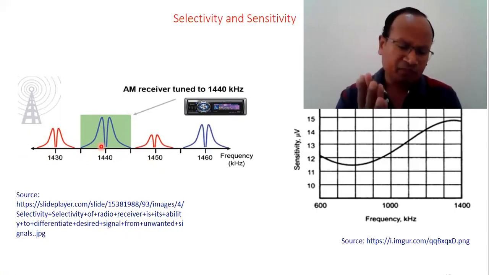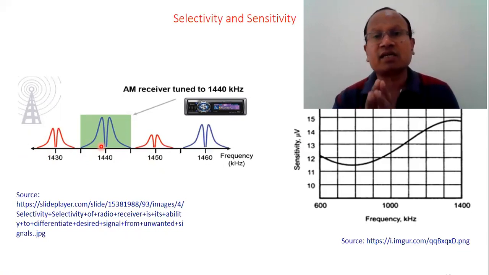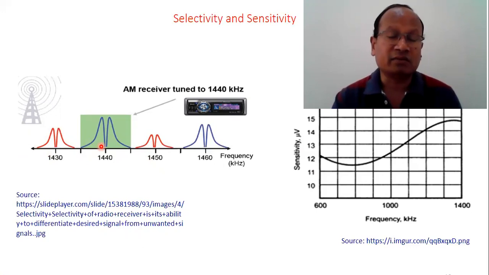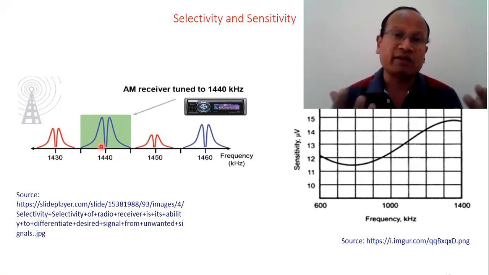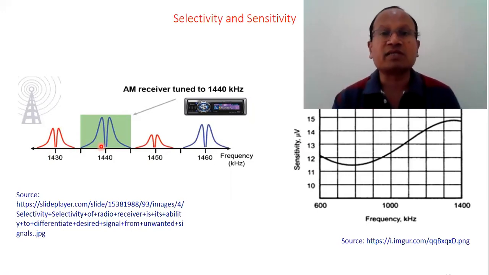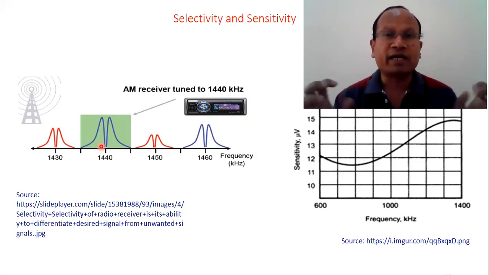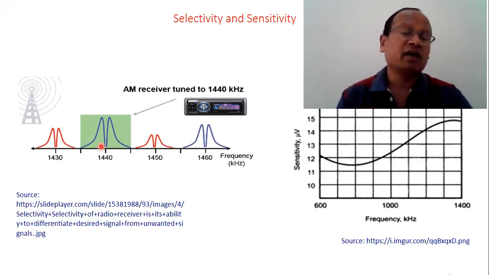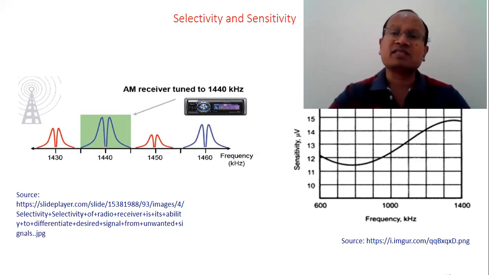Selectivity is the ability to allow the desired signal to pass and to attenuate, rather than eliminate, the sideband frequency or adjacent channel frequency. We would actually say that they need to be eliminated, but we do not have any ideal filter arrangement. But the IF amplifier can be repeated a number of times and we can have better and better selectivity. This is the sensitivity curve.